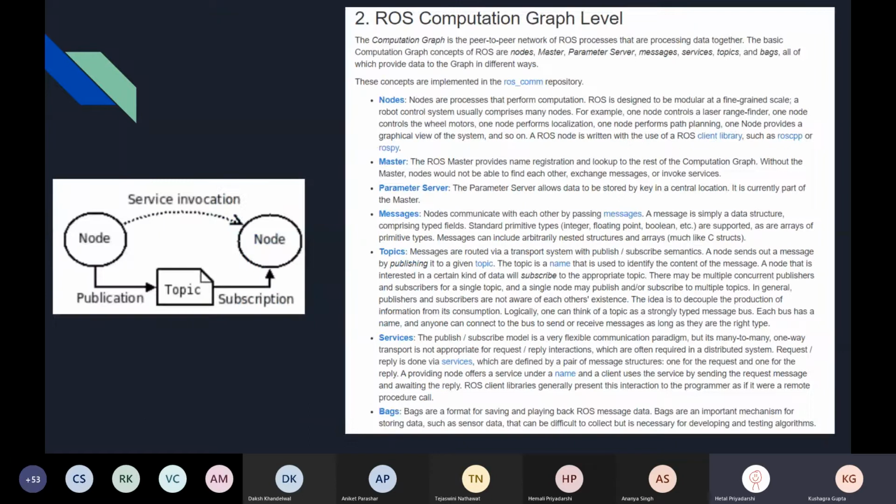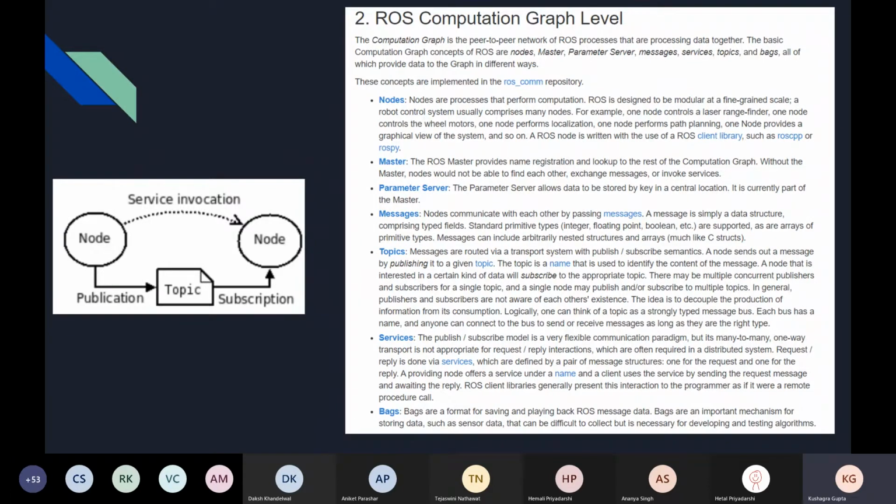The second dimensional viewpoint will be the computation graph level. This is something we briefly touched upon earlier. I told you that any process you want to run using ROS is called a node, right? So let's say if I want to run a camera, there'll be a dedicated node for that.